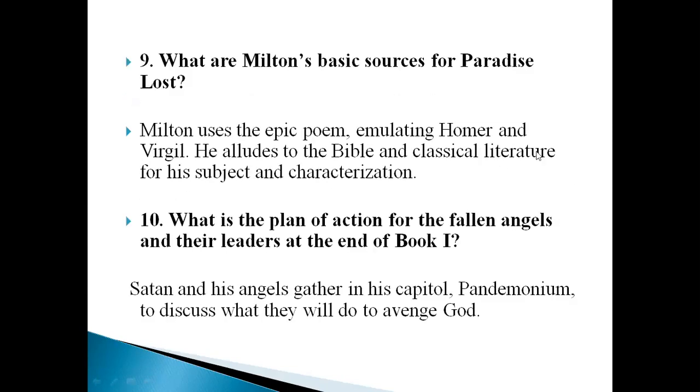Okay, number 9. What are the basic sources of Paradise Lost? I told you, we are going to discuss. We have discussed biblical reference. We have discussed Homer. We have discussed some points from Virgil and some classical literatures, Egyptian myth, pagan history, pagan folktale, ancient religions, or the Sumerian myth. These are the basic sources of John Milton,